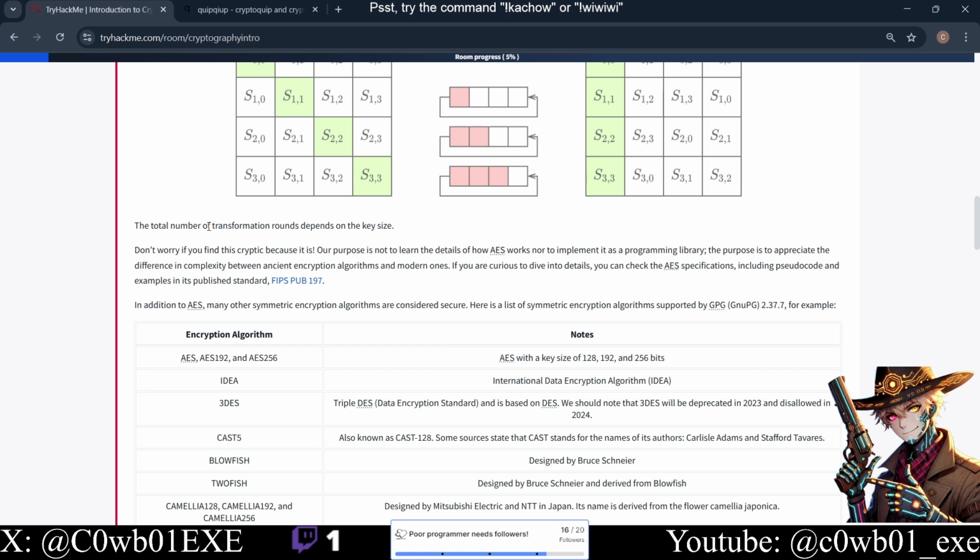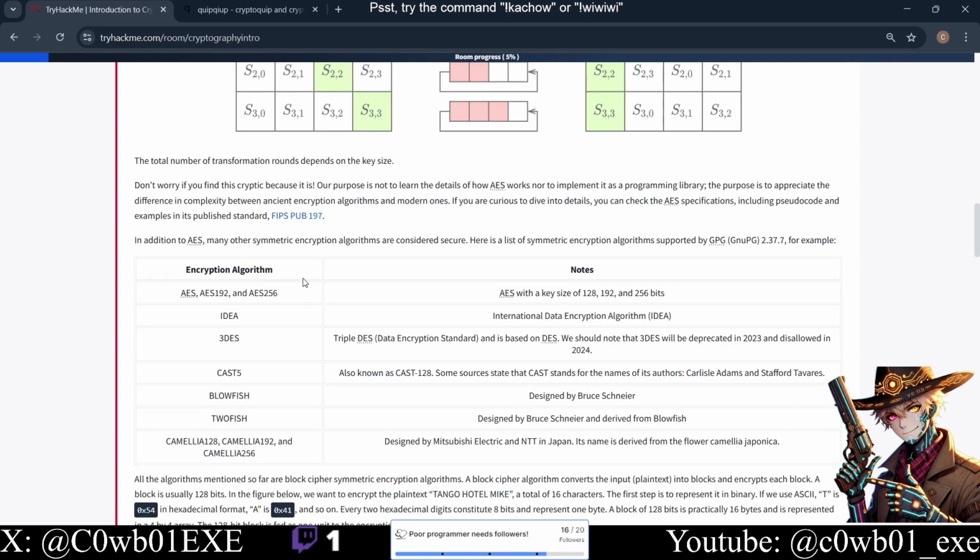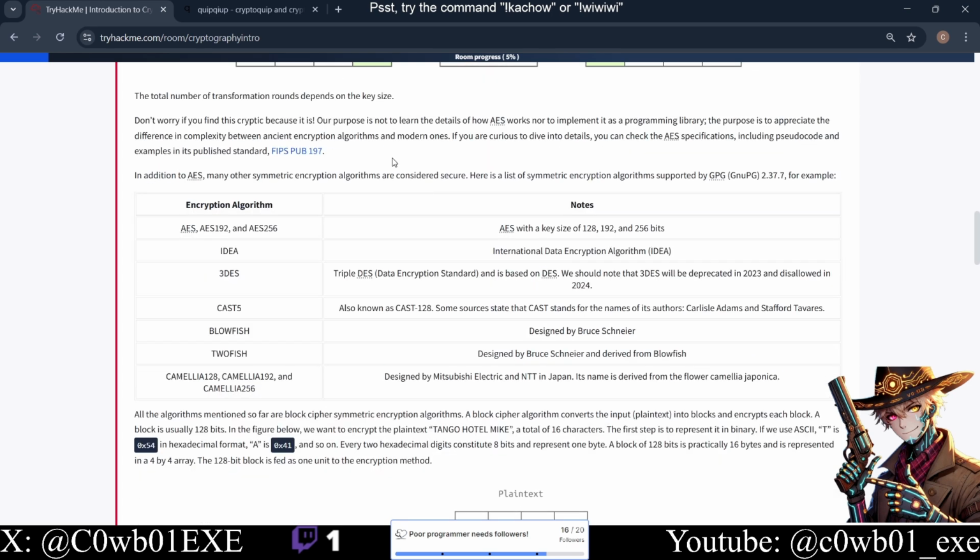Okay, the total number of transformations depends on the size of the key. Don't worry if you find this cryptic, because it is. That's the whole point of cryptography: using so much math that it gets way too confusing,